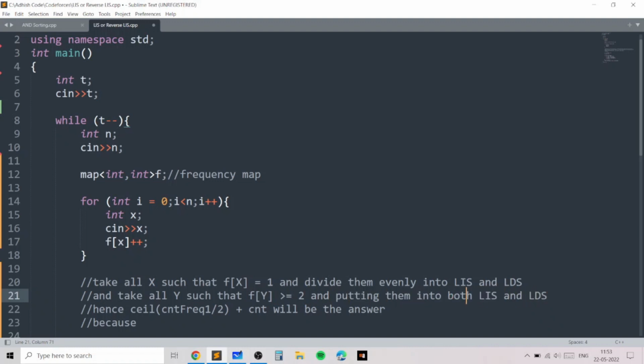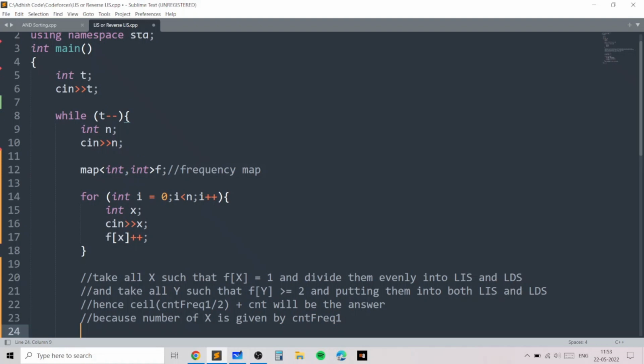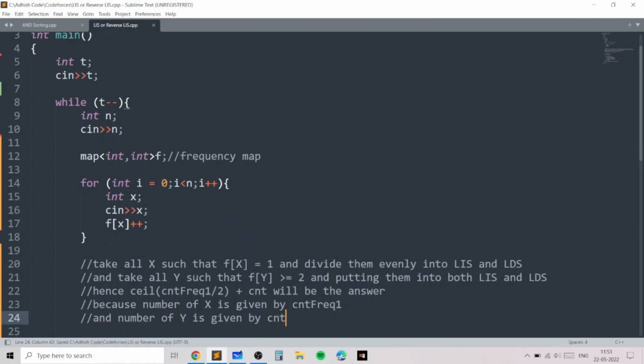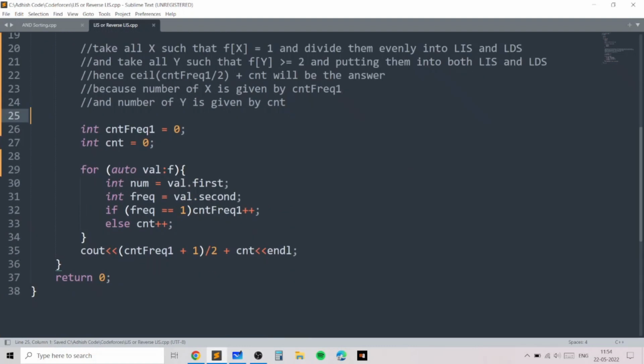So the number of x is given by count frequency 1, and the number of y is given by count, and hence once you just do the loop through